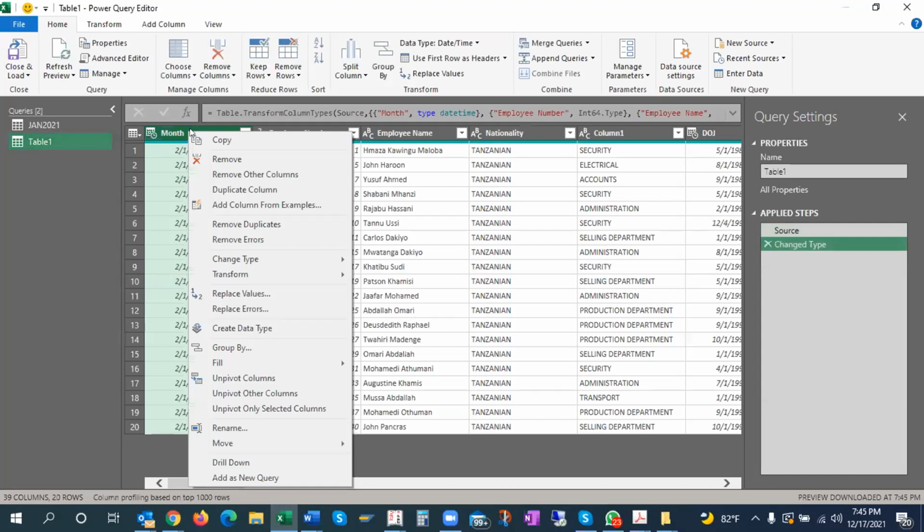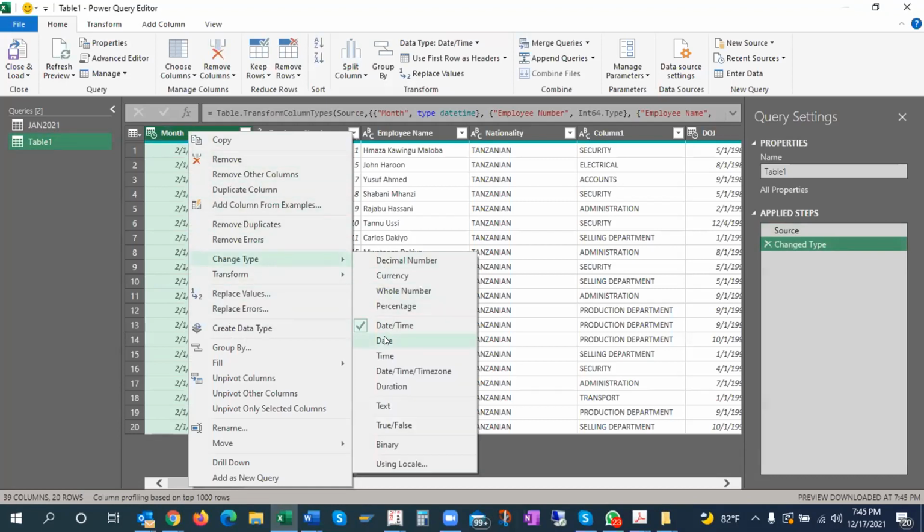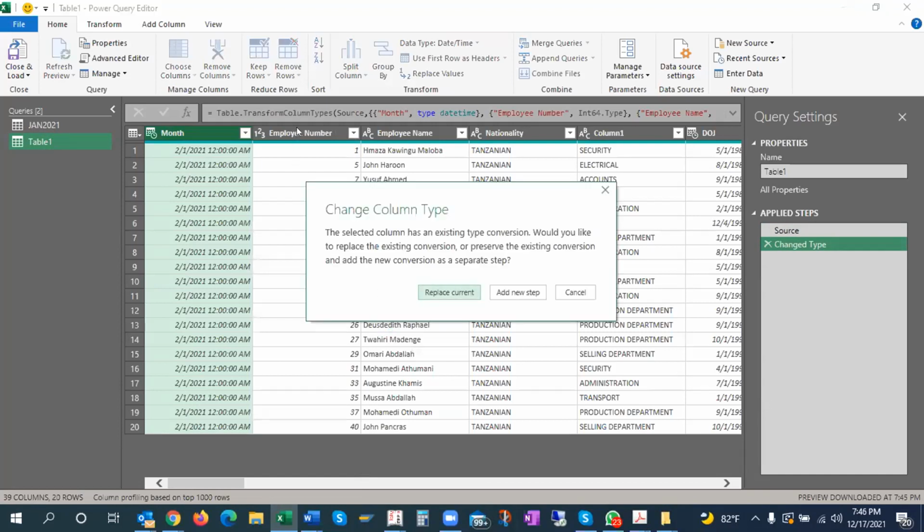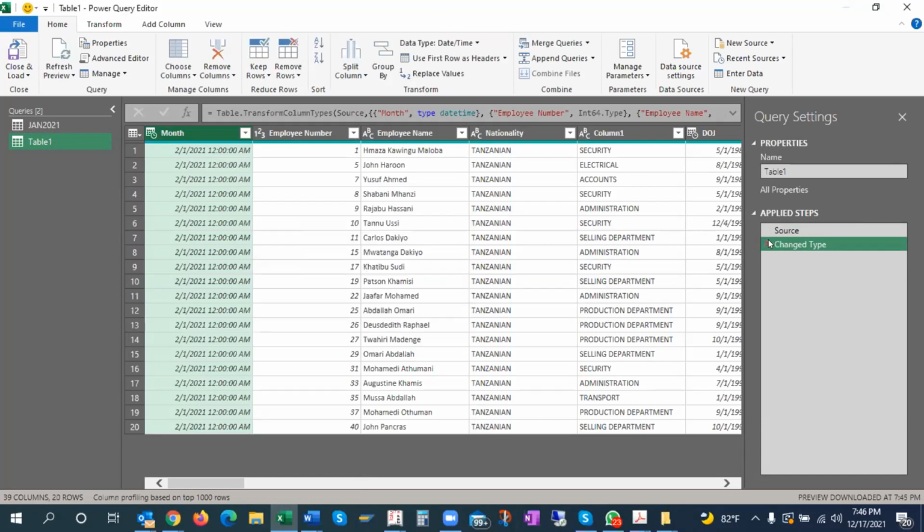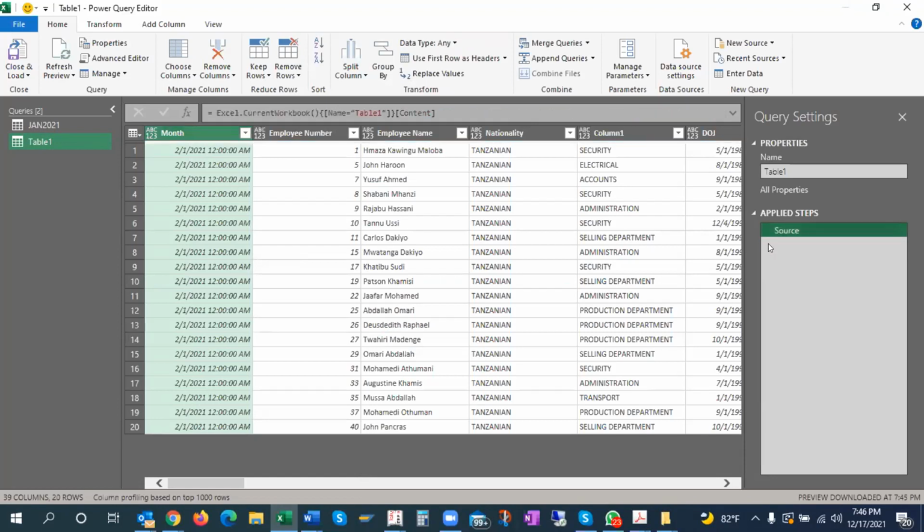I will say Month, change type is date only. This is a whole number. Sorry, it has already changed the type, and it is asking me if I want to replace the current one. Since some steps in 365 are automatically applied in Power Query Editor, I don't want that.